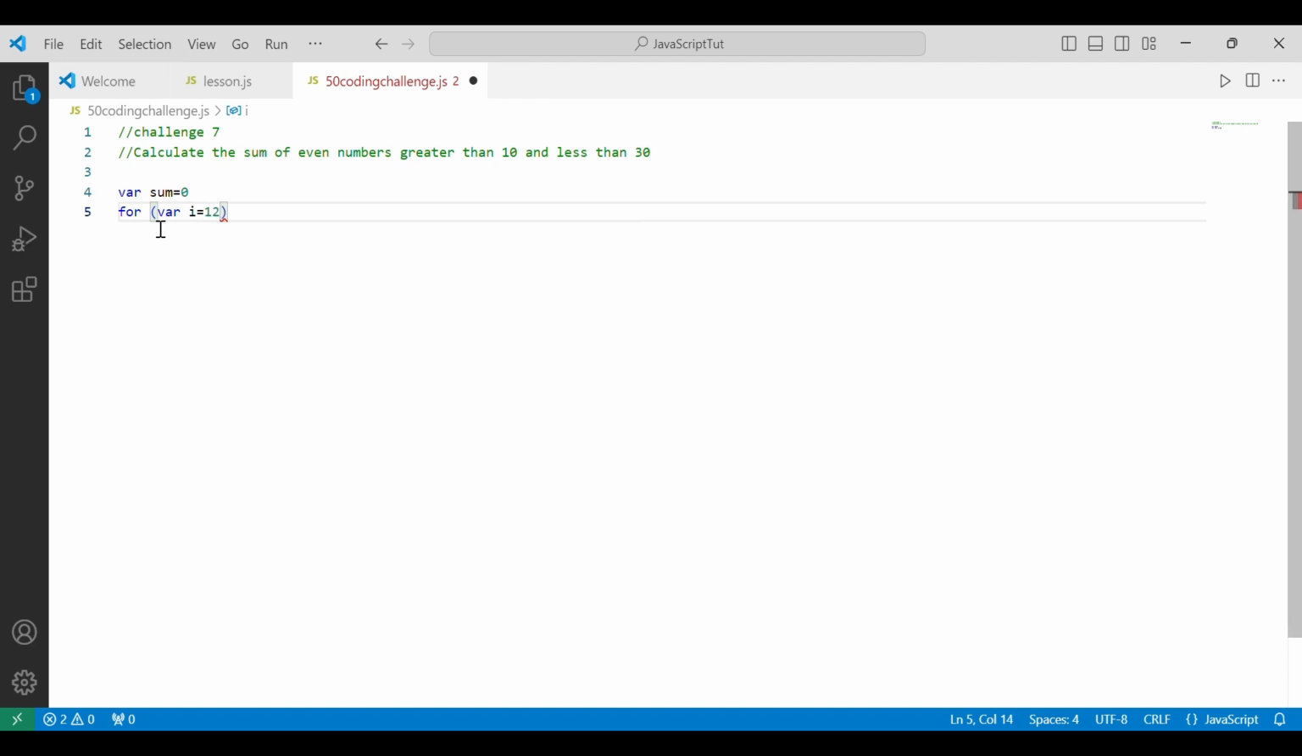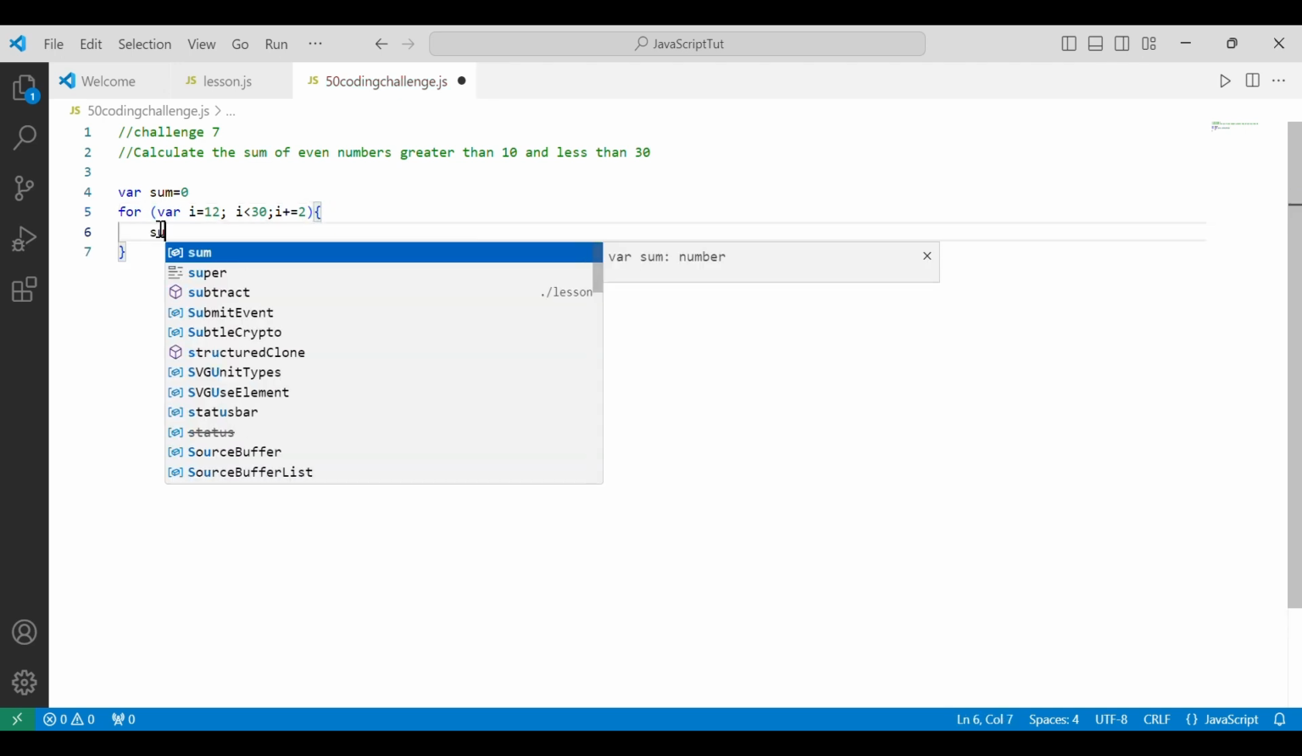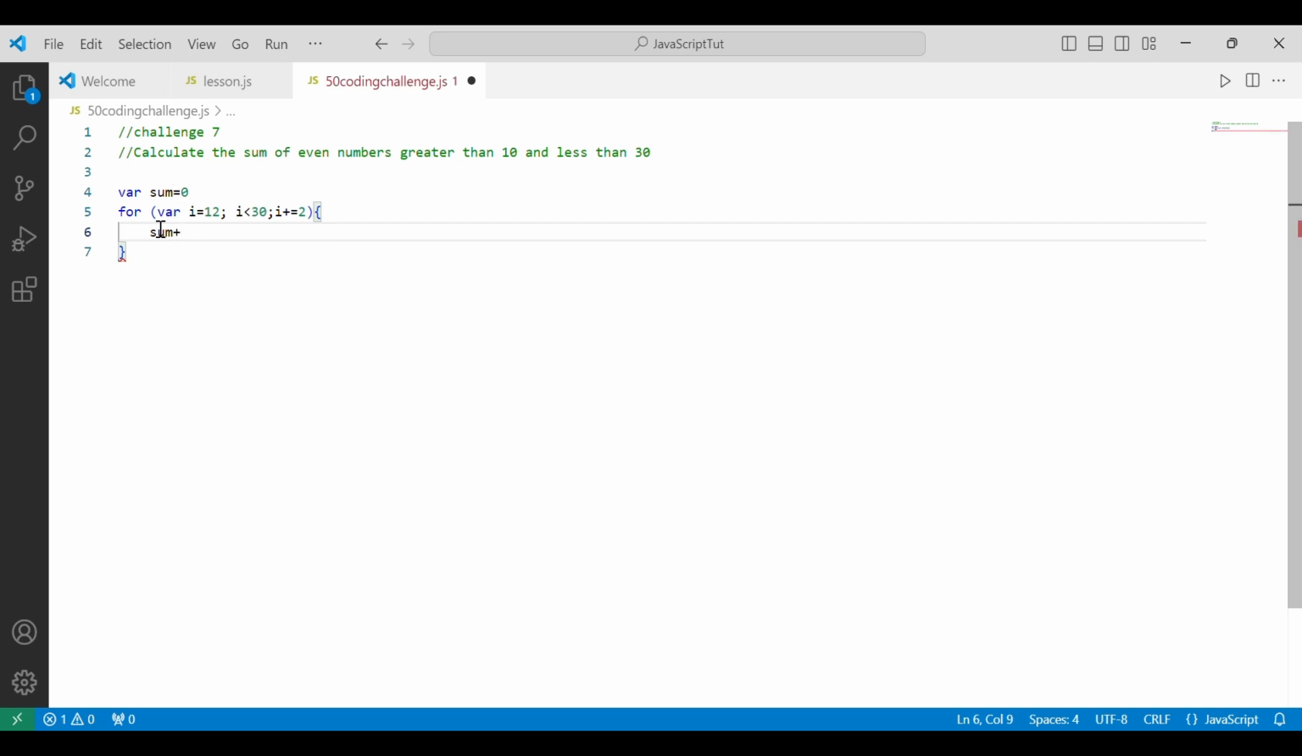So let me put that, and over here, less than 30. So i has to be less than 30. Then we come in, and for even numbers we increase by 2, right? So i plus equals 2. Then we come out and open curly braces, and sum plus equals i,